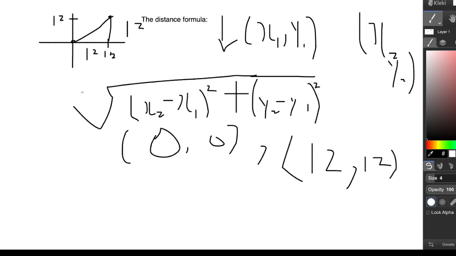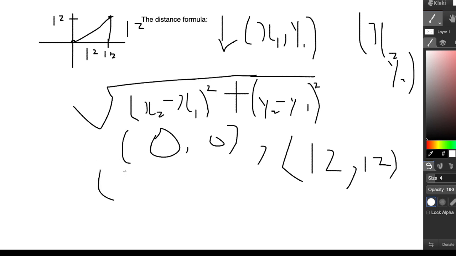So the distance formula is kind of like the Pythagorean theorem in some sense. It's kind of like finding the hypotenuse in a triangle. But it doesn't have to be a right triangle always. Like in this case, it's nice and neat that the distance in x and y is both the same. It doesn't have to be. But essentially it is, sort of, making a right triangle and finding the distance between them. So it's x2 minus x1 squared plus y2 minus y1 squared. Use the Pythagorean theorem or the distance formula, which is pretty much the same thing. And it'll be,